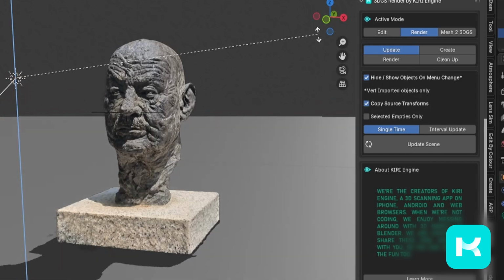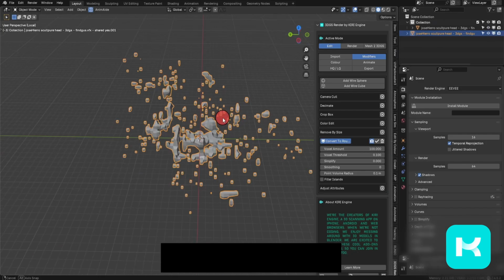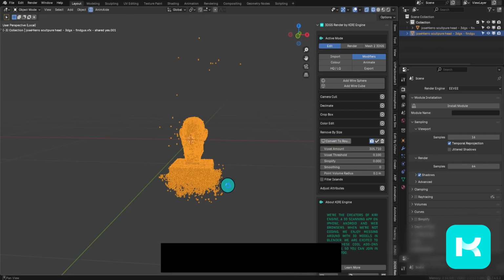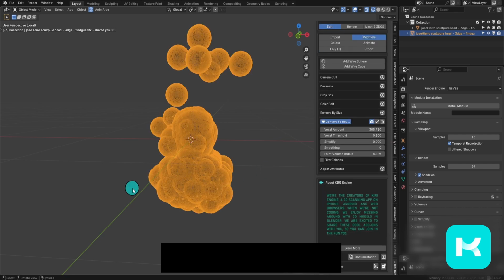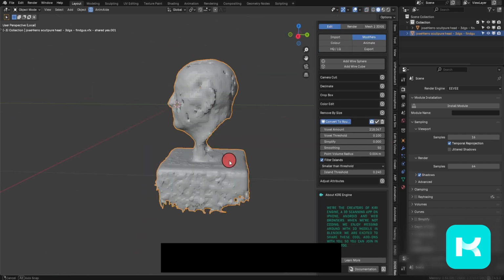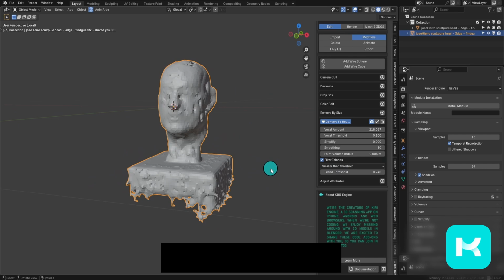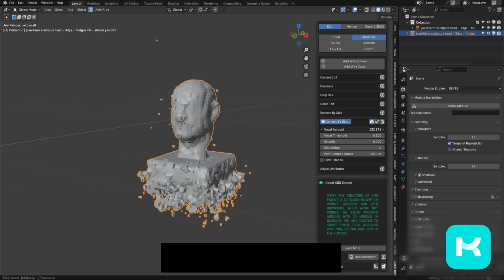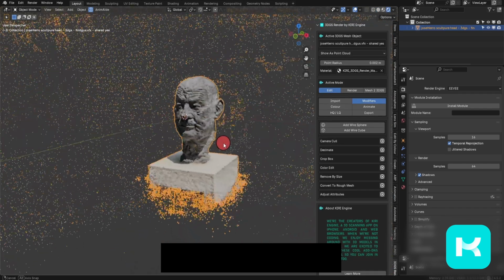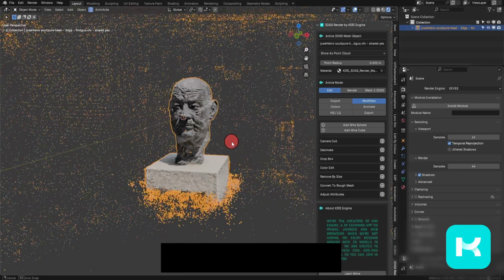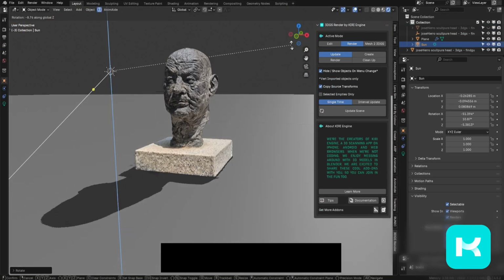In version 4.1 of the 3D.js render add-on by KIRI Engine, we introduced a new convert to rough mesh feature, which can be great for creating cropping objects, objects for shadow casting, or other mesh required processes. In this video, I'll show you how to use the feature to turn this scan into a shadow casting rough